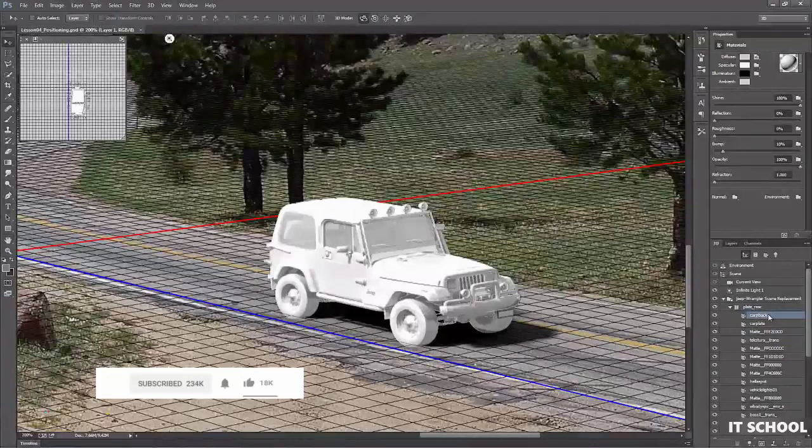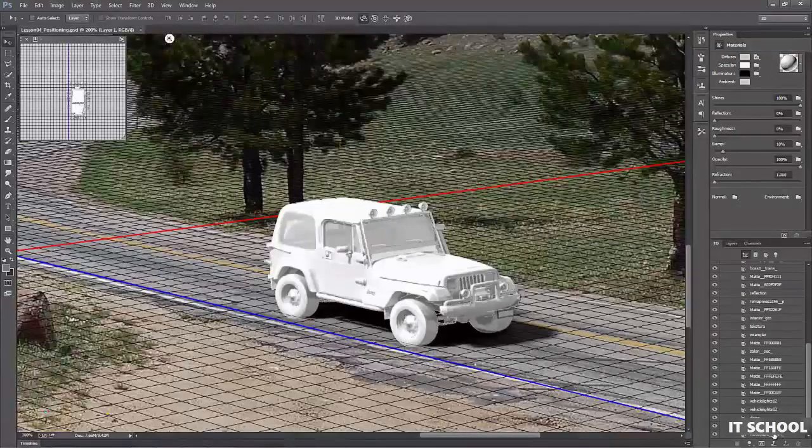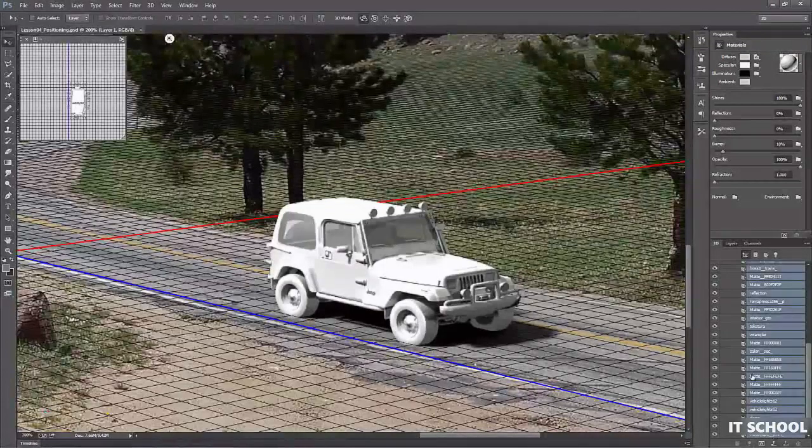Now, because this is imported, a lot of times the shader assignments work, but the different physical properties of them don't really translate quite so well. In this case, it comes in very bright and very shiny, which really isn't what we want. And that's a common theme throughout all of the materials that are applied to this model. So what I'm going to do is select all of them. With that top one selected, scroll down, hold down the Shift key, and select all of them, and make some